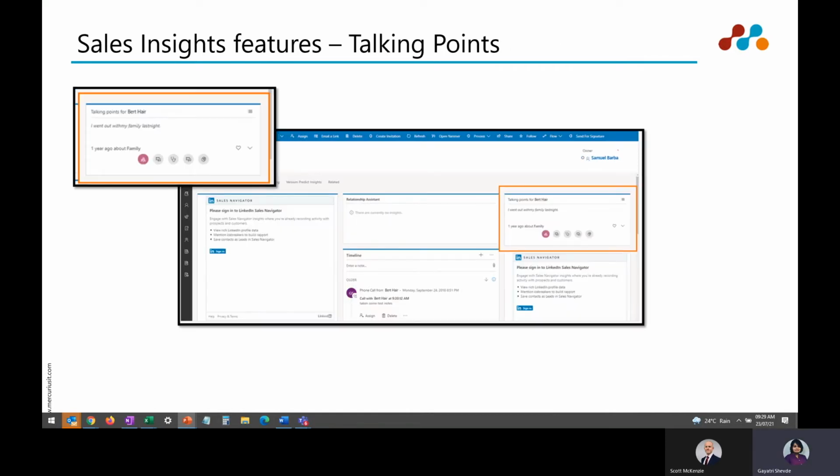Let's see another feature, talking points. Consider a scenario where you are going to meet a customer after 2-3 months and you don't know how to start the conversation. In between, you might be exchanging emails with customers about how their weekend was. If the customer replies with a few leisure points, like they went out with the family last night, went to a football match, or went to see a movie, the system will analyze those emails and give you talking points.